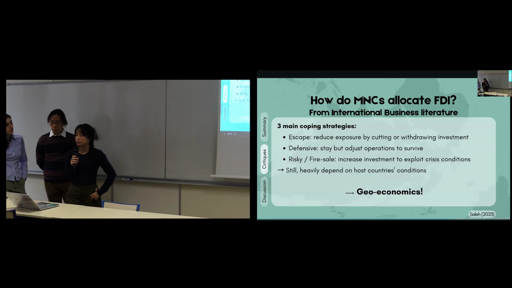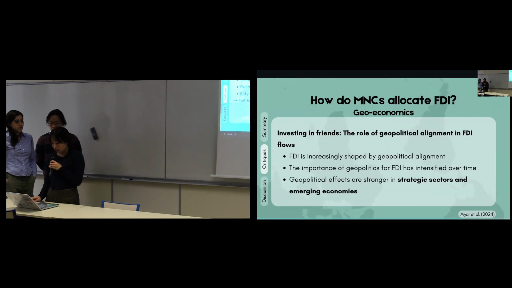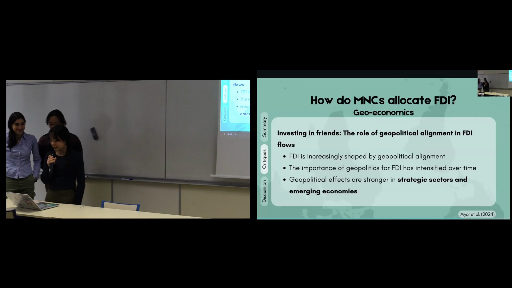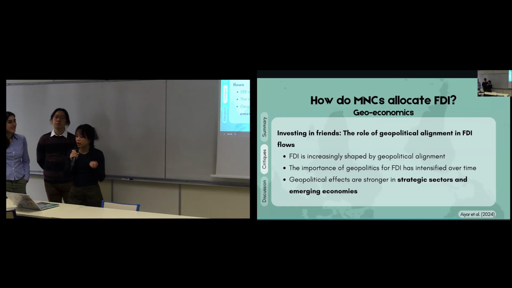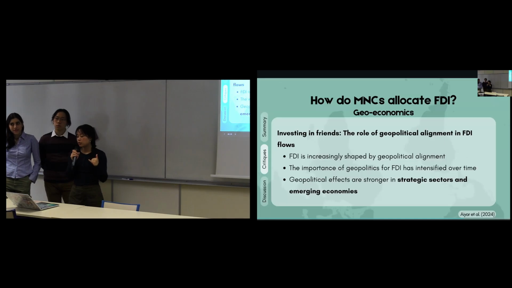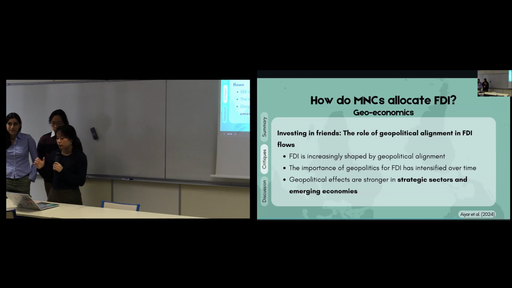From international business literature, there are many coping strategies that MNCs can actually apply. However, let's talk about geoeconomics just a little bit. There is a paper by IR published last year, saying that there is a trend of shift in FDI flows. We can talk about nearshoring, friendshoring, onshoring, all of that stuff. And they basically conclude that geopolitics actually impacts a lot in how MNCs allocate their FDI, especially in strategic sectors